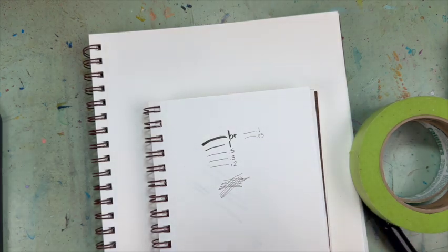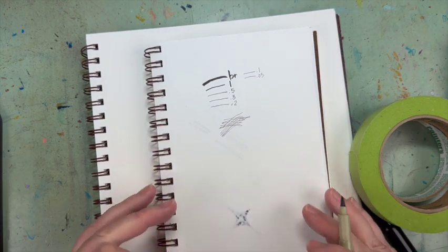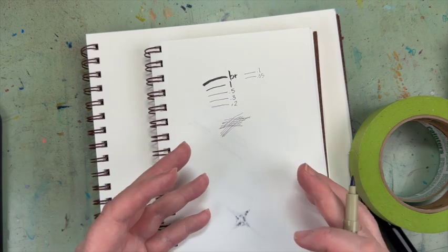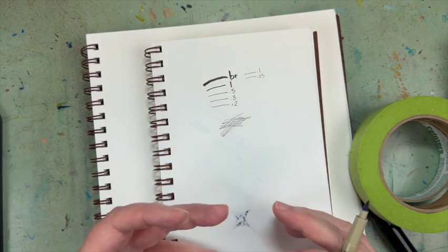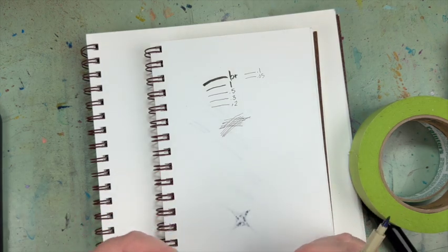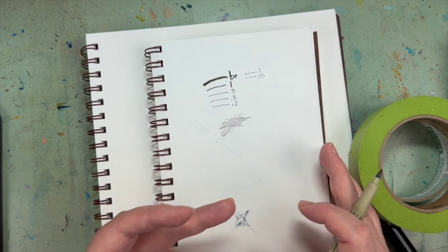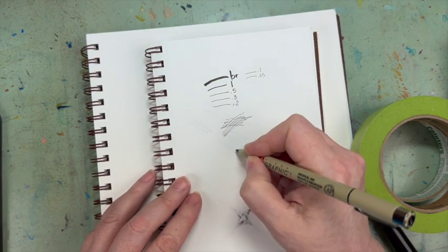There, we'll get the number 1. And lines show emotion. A lot of times we think, oh, lines are just lines. But lines actually do share an emotion. And so when you're working as an artist, you have to be aware of the lines that you're using, because lines tell a person kind of a feeling and what type of feeling they're supposed to get from the artwork. So an actual line that is horizontal,